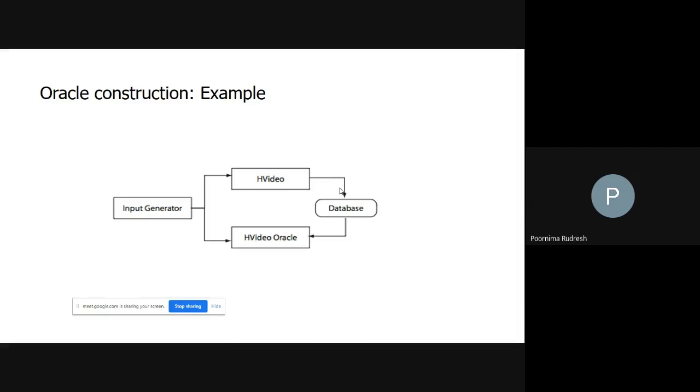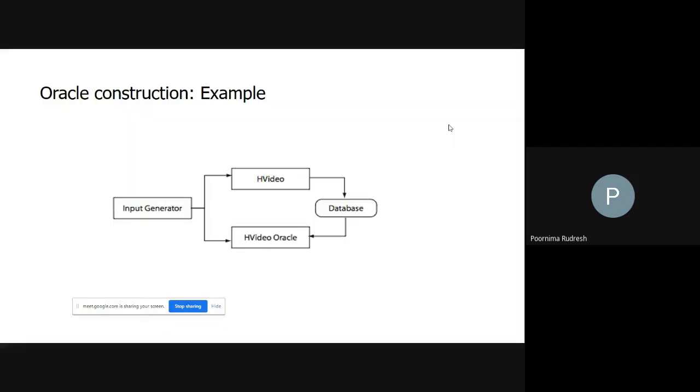Once I enter the information, that information is searched in the database. If it is available, then it displays information related to that video, for example, the title of that video, comments, and the date when it was prepared. Those information will be displayed. If that video is not available in the database, then it displays the error message, no such videos. So in this way, we can construct the automated Oracle programs in order to perform the searching process. So this is one example of Oracle construction.